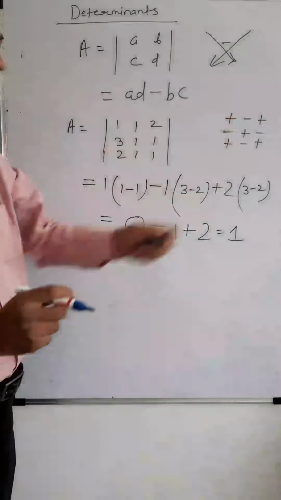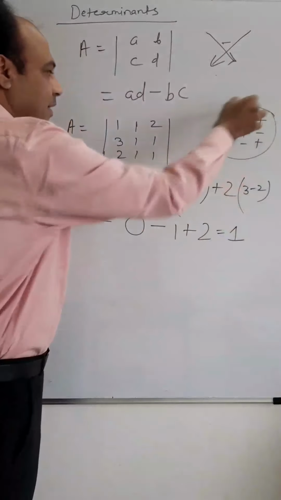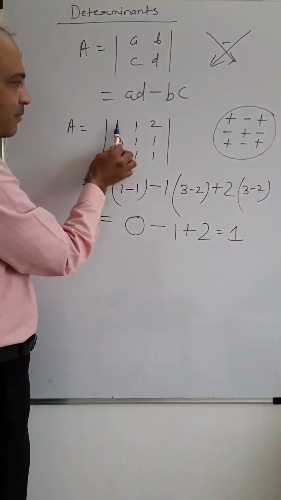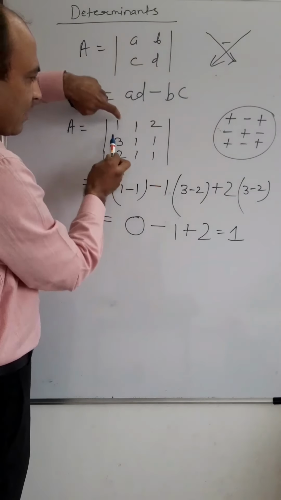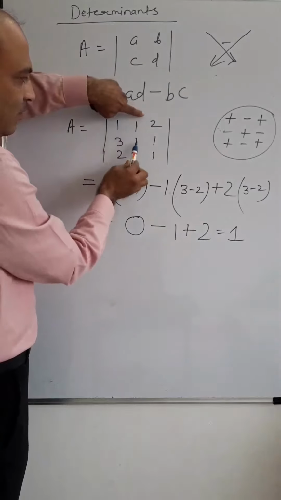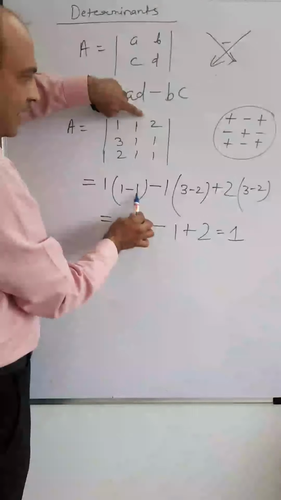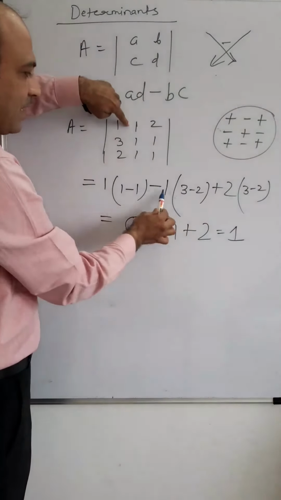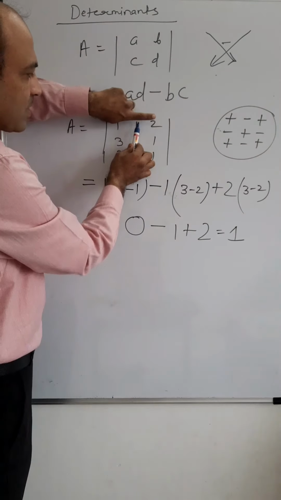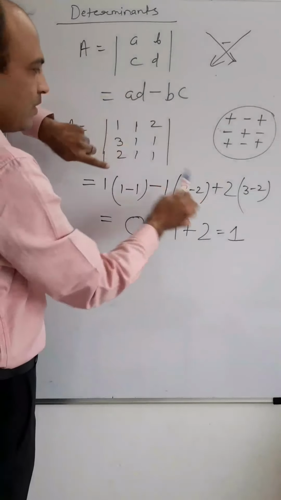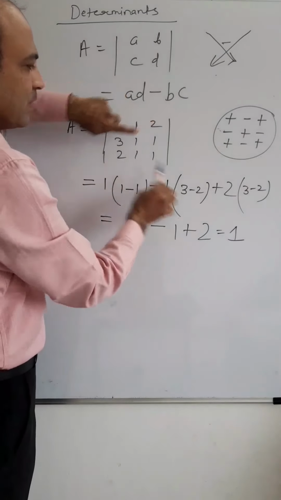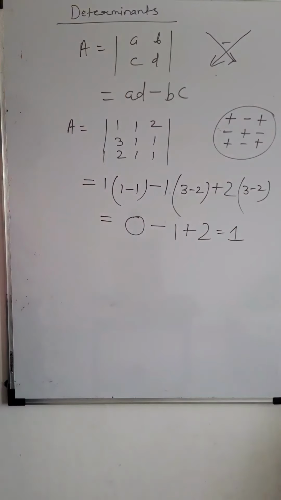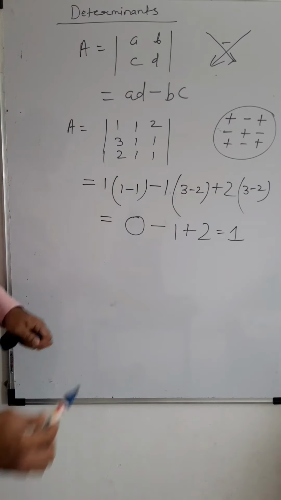Sign convention, all of you are aware of it, correct? So how do we expand? Suppose I am expanding from the first row: close this row and column, multiply, take 1, the first element, 1 into 1 minus 1 into 1, correct? Then minus 1, then close this column, close this row, 3 into 1 minus 2, and finally 2, and this 3 into 1 minus 2 into 1. So this way we can expand the determinant.